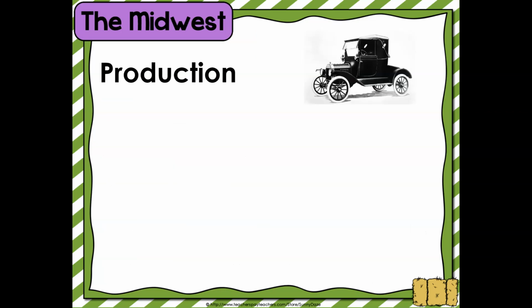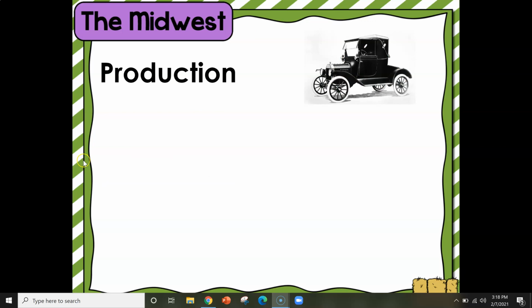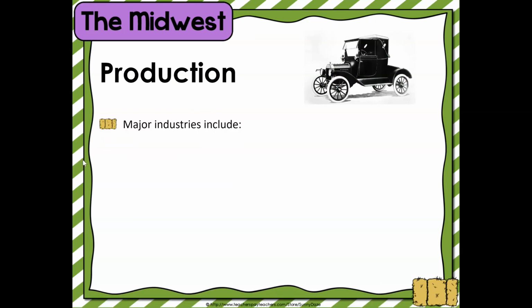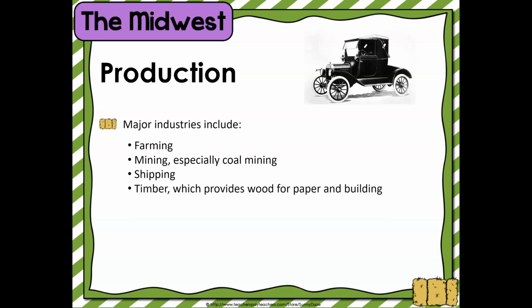Let's take a look at Midwest production. Major industries include farming, as we have just discussed, mining, especially coal mining, shipping because of the waterways, timber, which provides wood for paper and for building and construction,